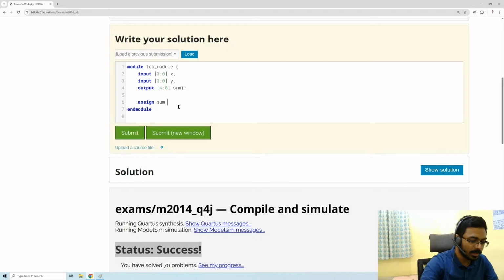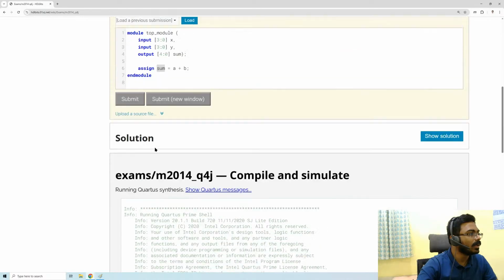It's like a 4-bit sum equal to A plus B. If I just do A plus B, we will get a 5-bit value because A is 4-bit, B is 4-bit. Max we can get 5-bit. We assign that to sum. Simple. If I just submit,